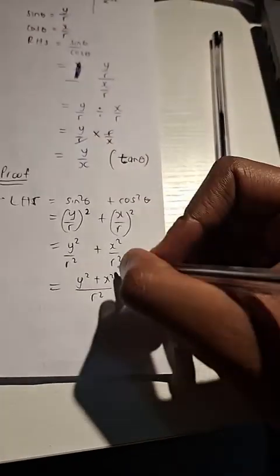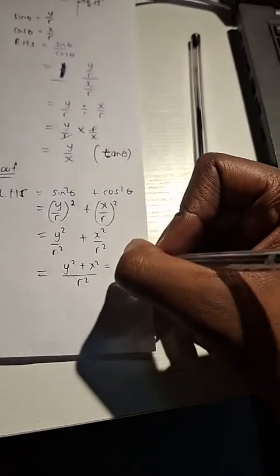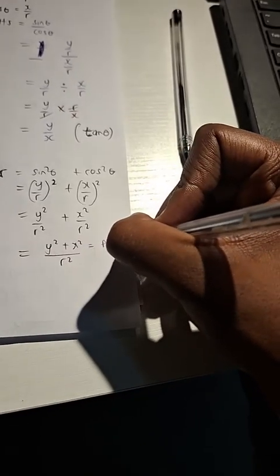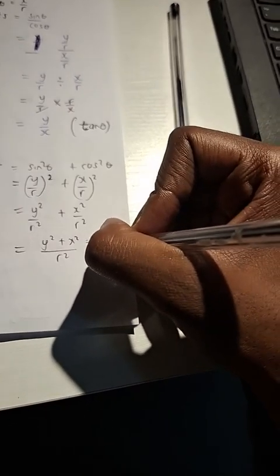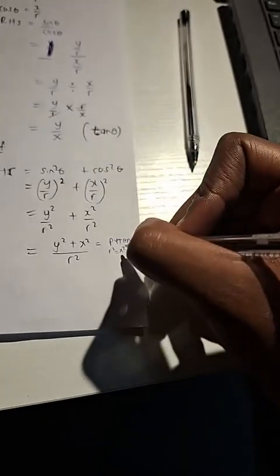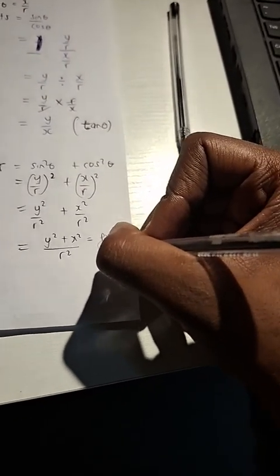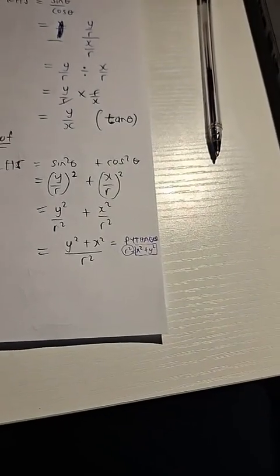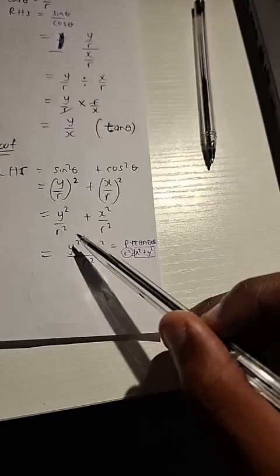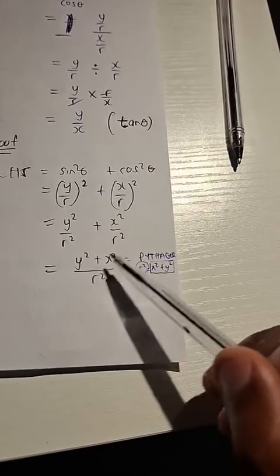But if you remember, this here, x squared plus y squared, reminds me of a theorem that we refer to as Pythagoras. Pythagoras says that r squared is equal to x squared plus y squared. That means in the place of x squared plus y squared, we can substitute r squared. This is y squared plus x squared, the same thing as x squared plus y squared, because addition is